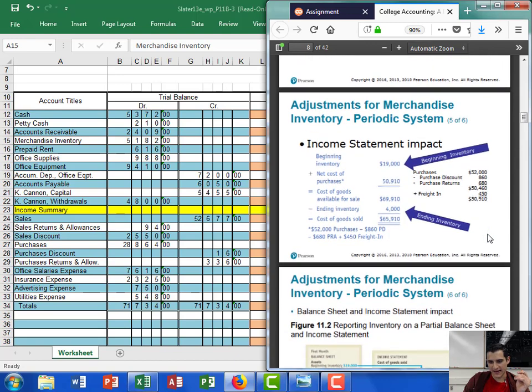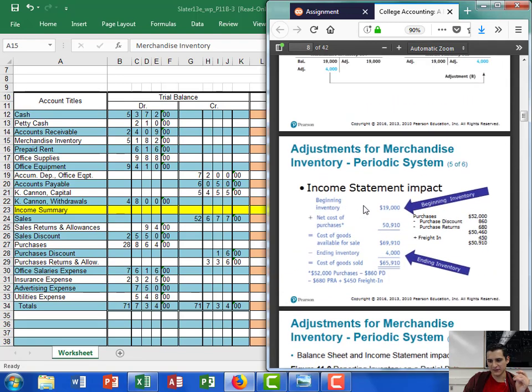Now, the best example that they have here is going to show the beginning inventory is $19,000. Now, during the period of that 1 month that they were working, we're going to give for an example, is that they purchased nearly over $50,000 in purchases. And now purchases are the same thing as merchandise inventory. It's just that purchases during a period are going to be labeled under the purchases account. They won't be transferred into merchandise inventory until the next cycle or the next month after you've done all the